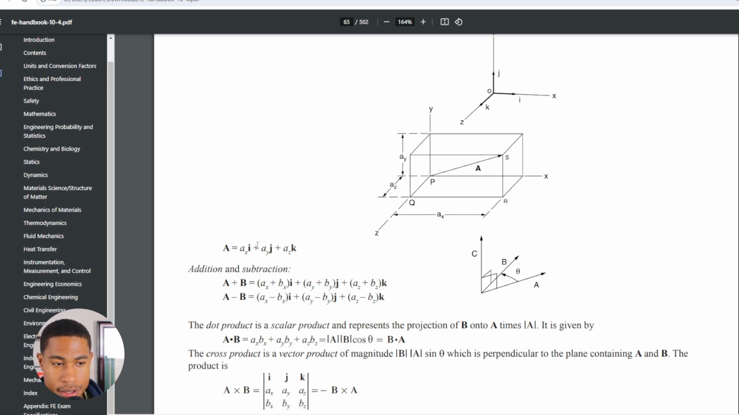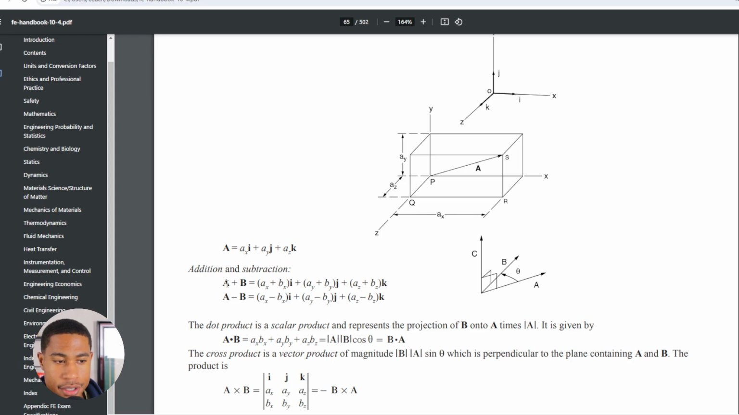That's just to note what direction it's going in. Then you'll have a y component, and it's denoted by j. Then you have a z component. It's denoted by k, right? And so if we're adding,